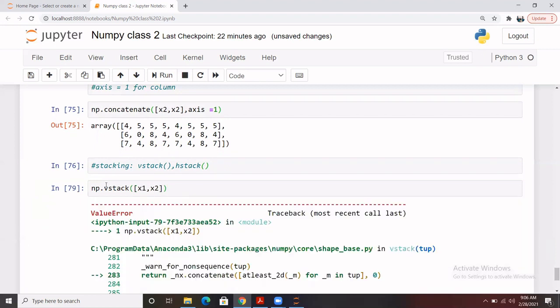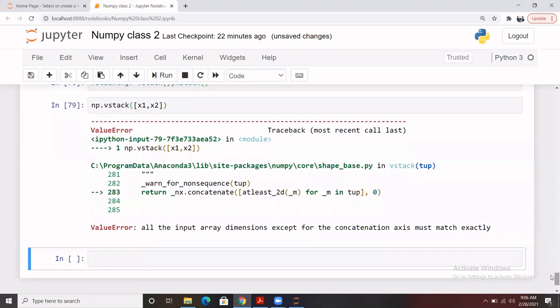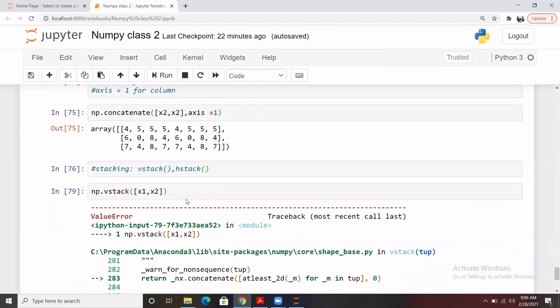and here it is. Why has it given an error? Let me explain that part as well. I'll showcase it to you. To do the stacking, the array dimensions should match. Let me show you how it has given this error.